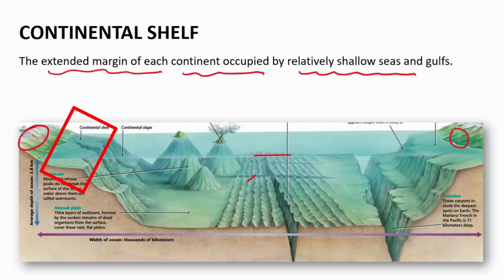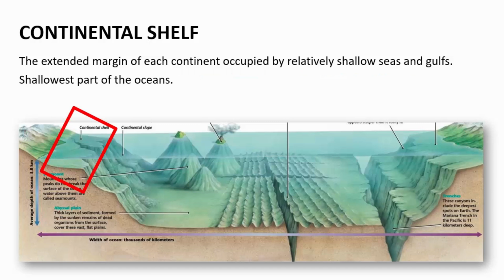See, what happens is that the point where the land of the continent meets the ocean, which is of course the beaches, it does not abruptly end over there. It extends up to a certain distance, and this distance can be more also. The land that we have on the continents extends inside the ocean and forms a shallow region in the ocean. That part is known as the continental shelf, and it